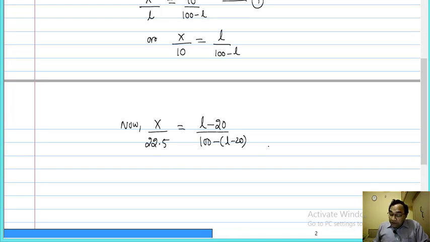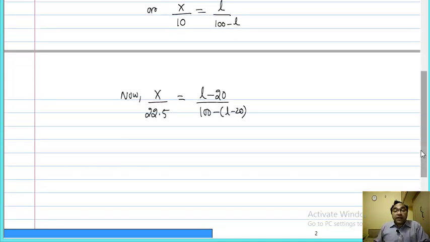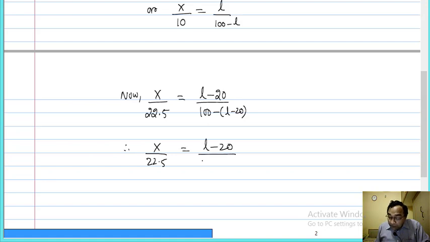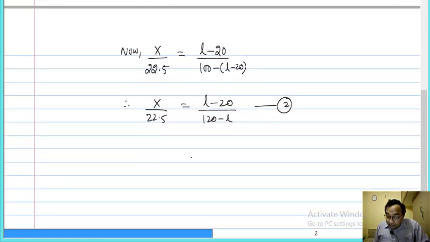This we can say. So let us simplify. This is from the second statement which is given. So therefore X upon 22.5 is equal to L minus 20 upon 120 minus L. This is what we get as the second equation. Now solving the equations,